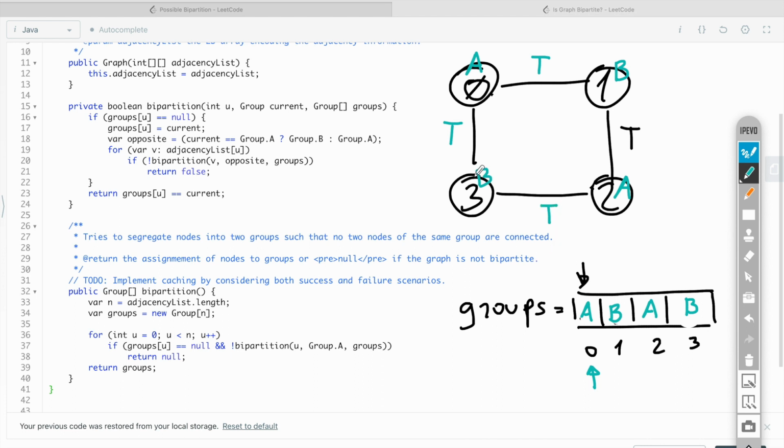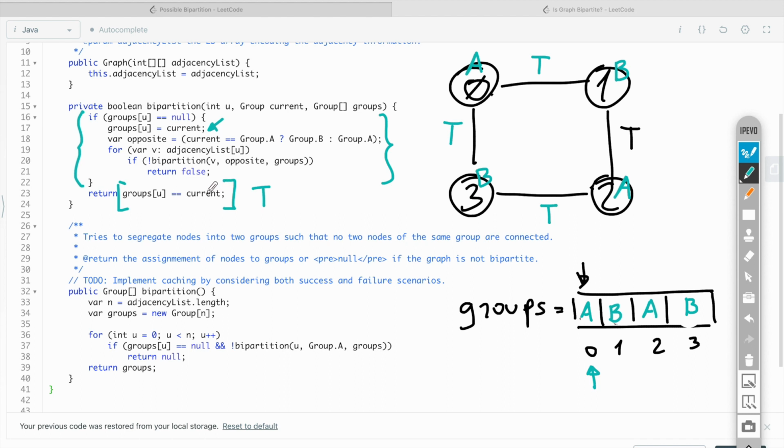And at this moment, since we are here at the level of recursion for node 3, we have finished executing this if block, and this check will trivially return true for node 3, because what we are checking here is whether this assignment was successful, which is obviously the case.